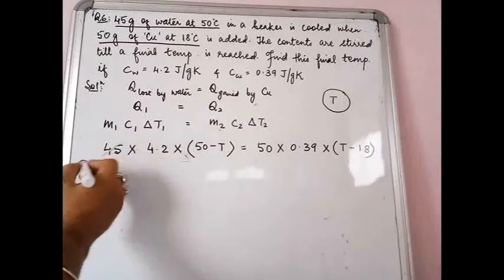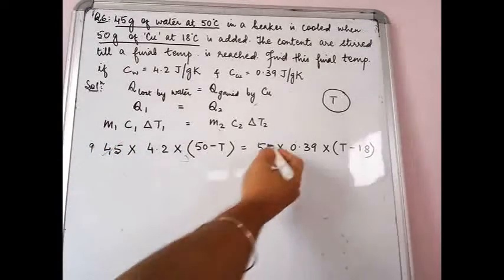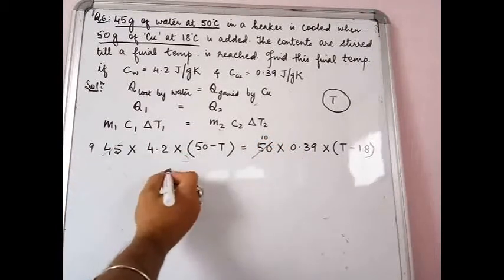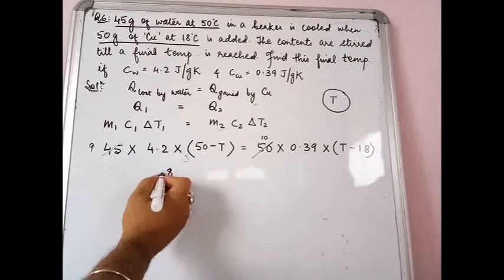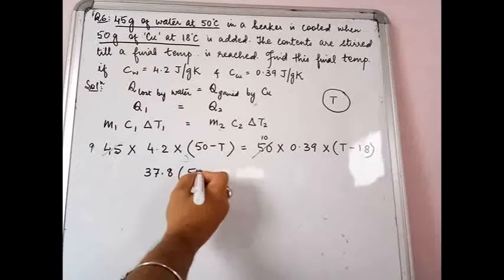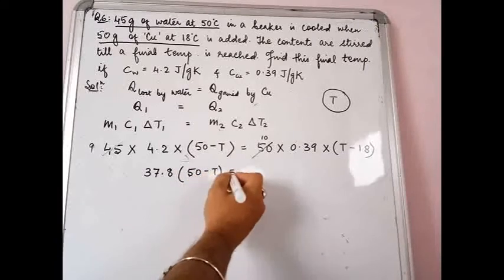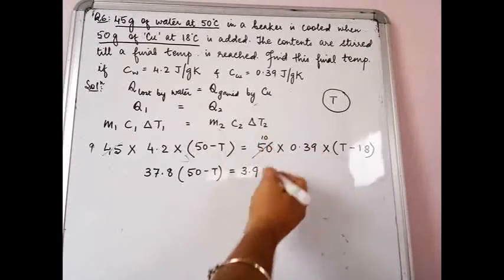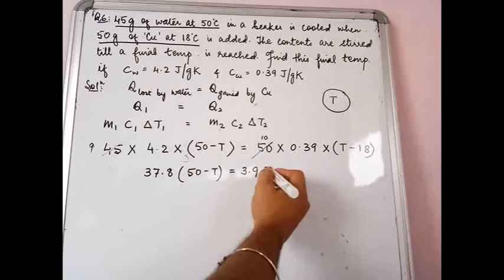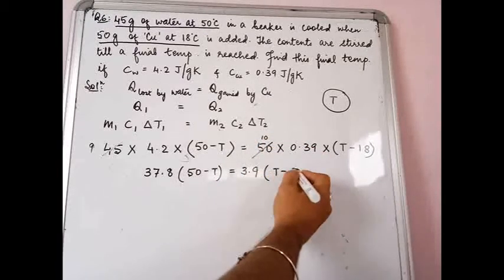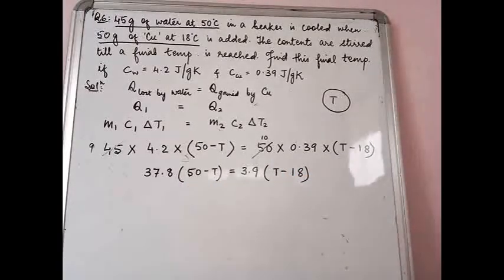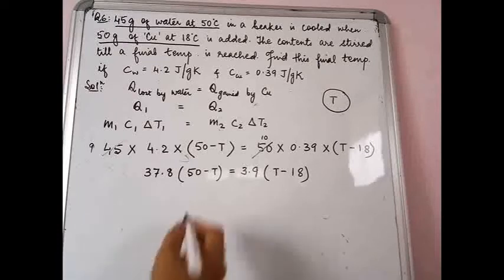So simply 5 9s are 45, 5 10s are 50. This you can do. 9 2s are 18, carry 1, 9 4s are 36 and 137 multiplied by 50 minus T is equal to, this gets multiplied to 0.39 into 10, so that becomes 3.9 multiplied by T minus 18. So you can open these two brackets. Essentially what you are going to get is